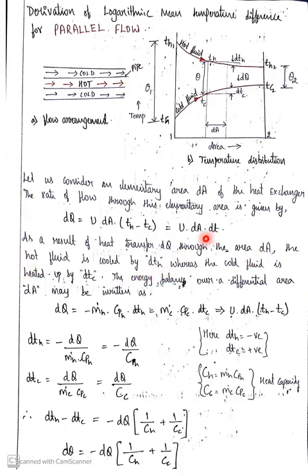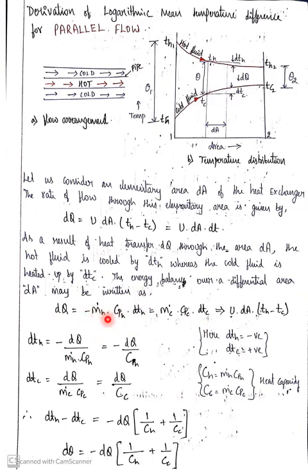Correct? Now the temperature will be considered with respect to the hot body as Th, and heat will be gradually transferred to the cold body, and the temperature Tc will be considered as the temperature at that particular point of the cold fluid. So if you take the energy balance equation, what happens? The energy released by the hot fluid will be equal to the energy gained by the cold fluid. You can take it in terms of heat. So this is the formula. The minus sign indicates the heat lost, and the positive sign indicates the heat gained by the cold fluid. Now if you rearrange this with respect to dTh, what happens?